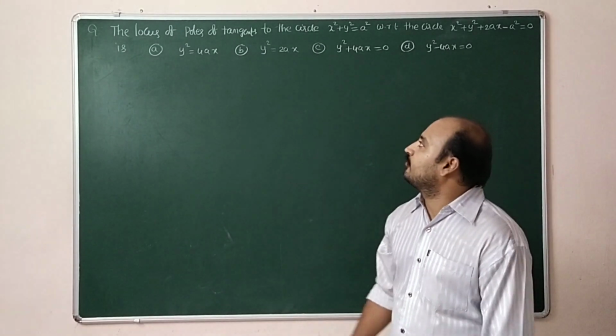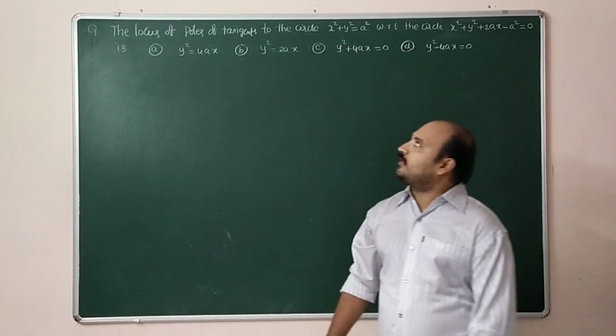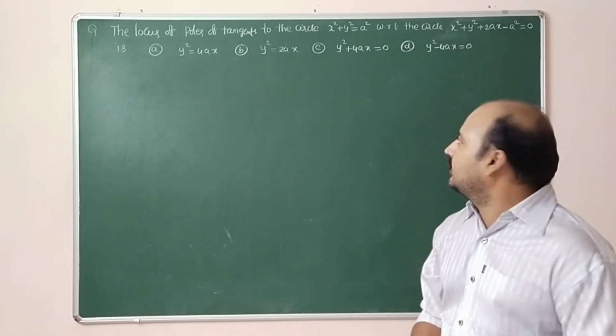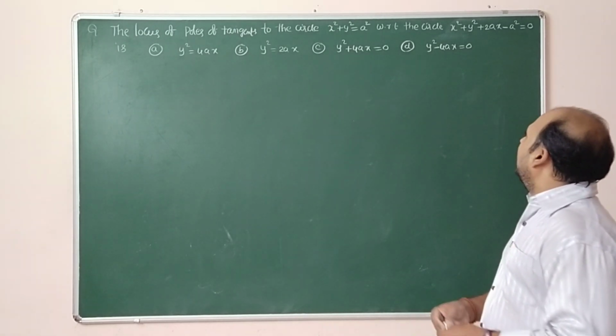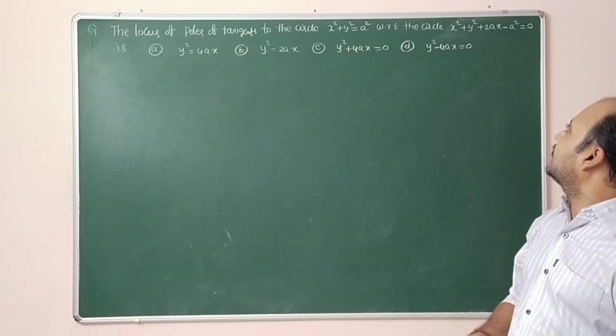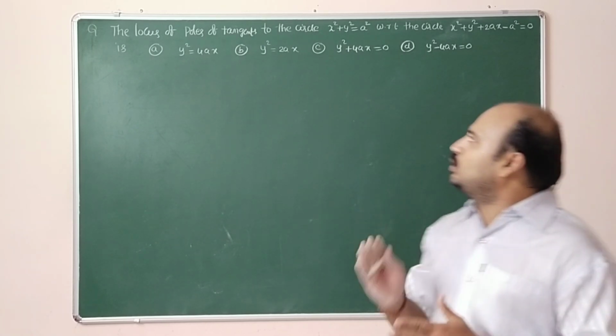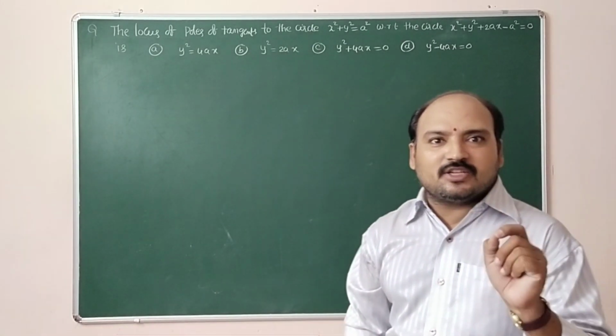The next question: the locus of poles of tangents to the circle x² + y² = a², with respect to the circle x² + y² + 2ax − a² = 0. So how to do this type of problem? You remember, dear students,